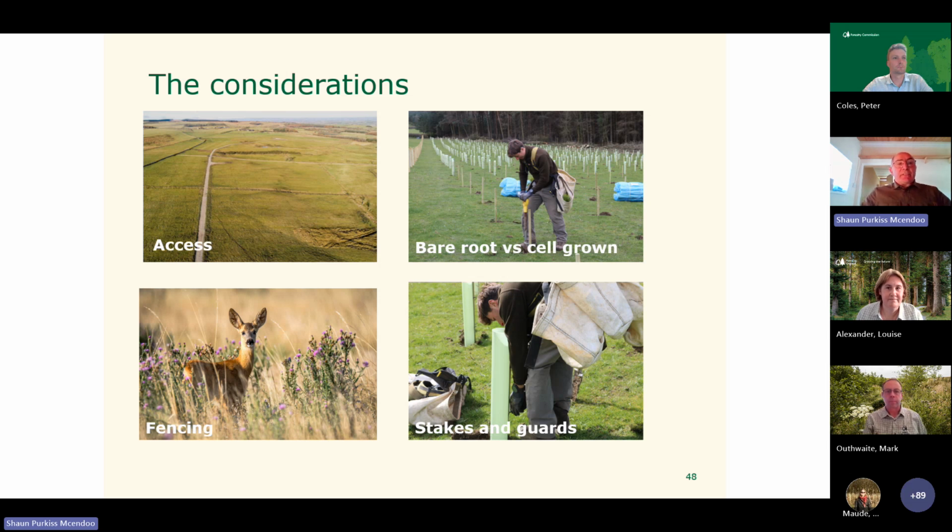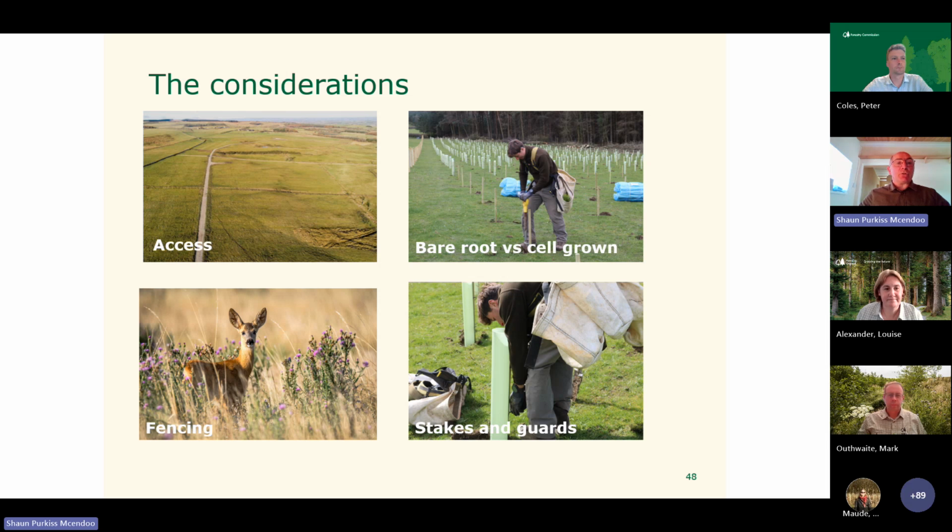Right, access to the site on the top left-hand side there. On Silver Hill, we put over 700 metres of new forest road into the site before we even planted it. That there is there, and we wouldn't have been able to manage that site going forward in the planting phase, the fencing stage, or anything. And now we're 5-6 years into its growing profile, we can still get into the site 12 months of the year without causing any ground damage. So consider access is pretty much the important factor, and whether you put that in to begin with or you don't.